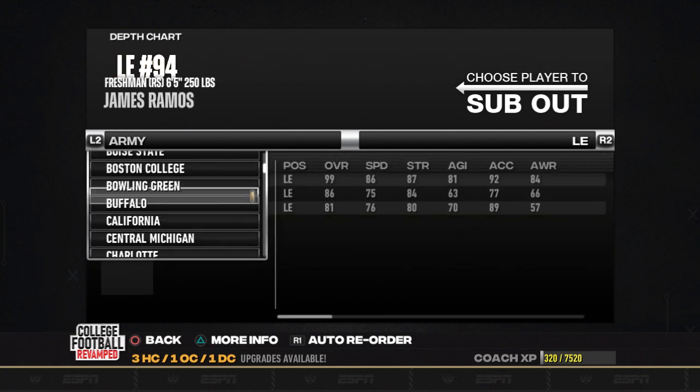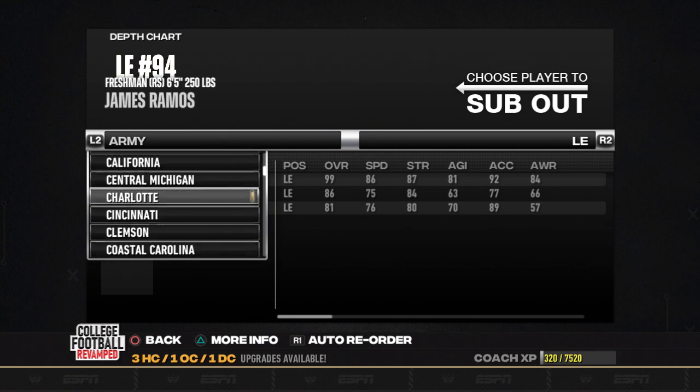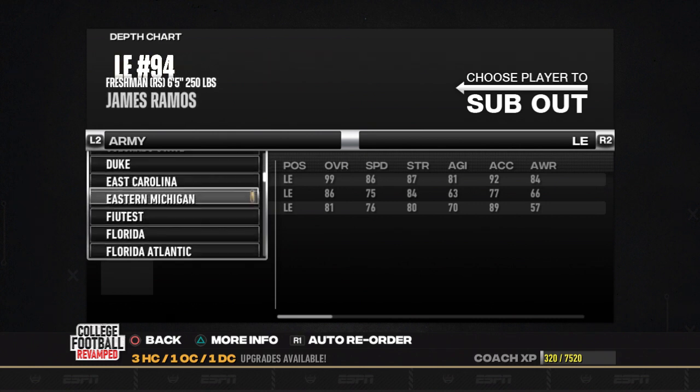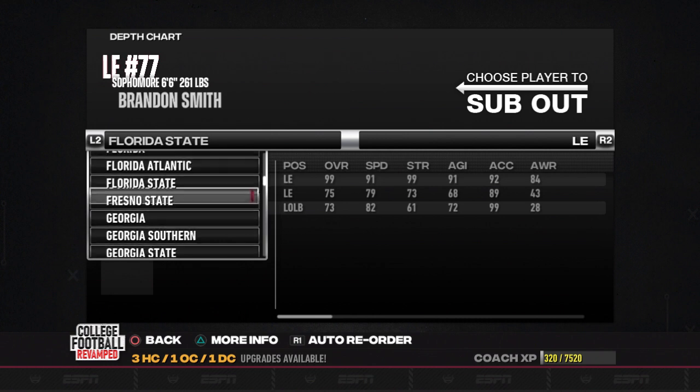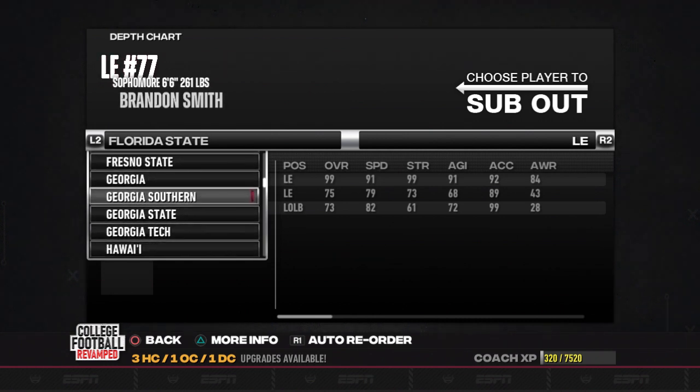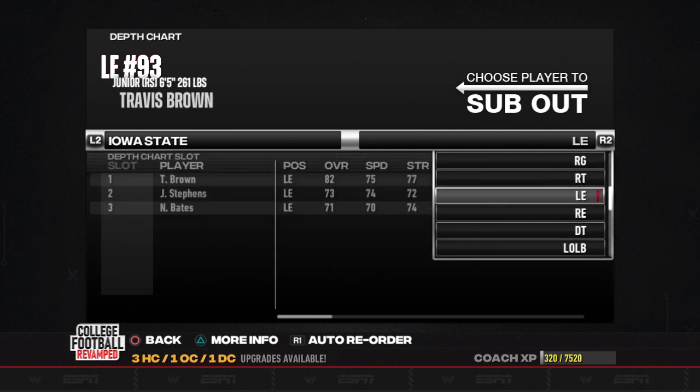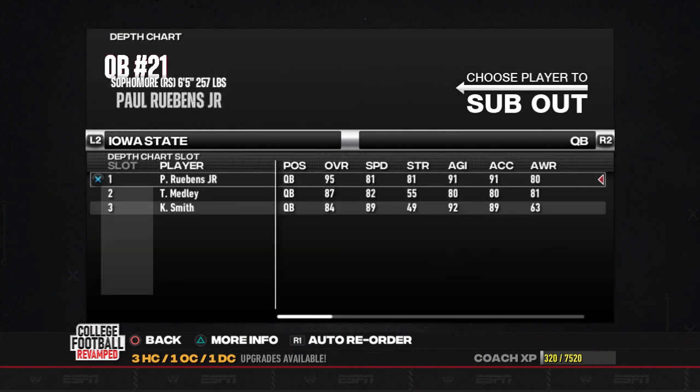The next guy was, I believe, Florida State. Brandon Smith, right there, sophomore. He will get remade as a sophomore next year also. Iowa State, the quarterback, Paul Rubens Jr. is the sophomore, 95 overall quarterback starting.